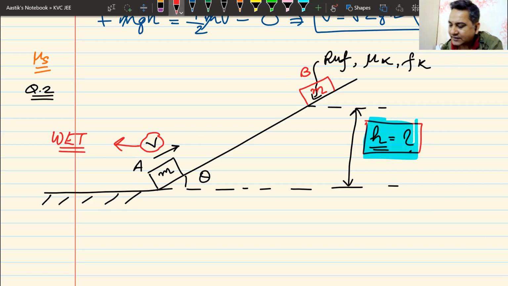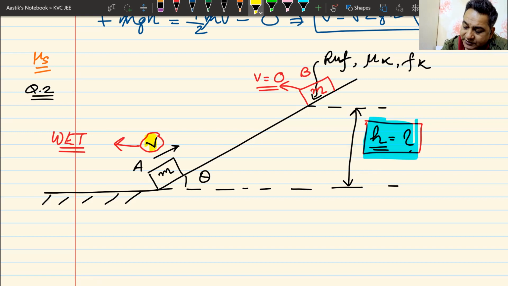No one answers in the class. Where the velocity becomes zero. That is the point till which it goes up. Once the velocity becomes zero, it has got nowhere to go. It can only move down. Whether this will move down or not, that's a different question. So it goes up. At the highest point, the velocity becomes zero. So now this is what I know.